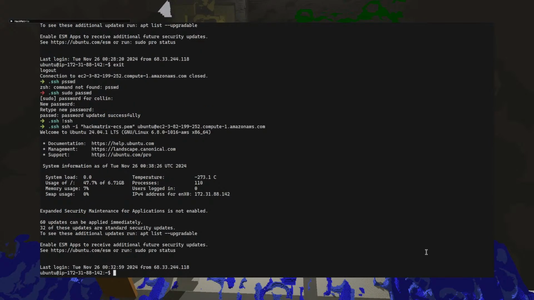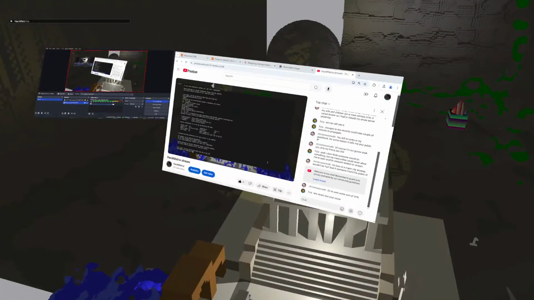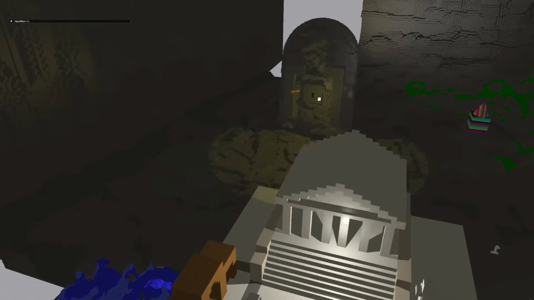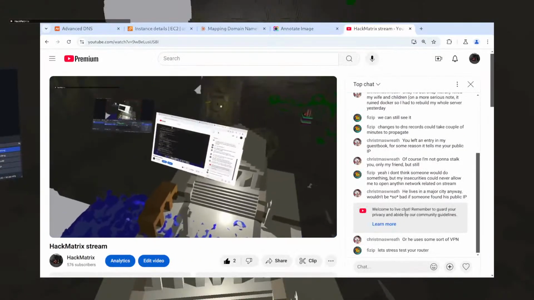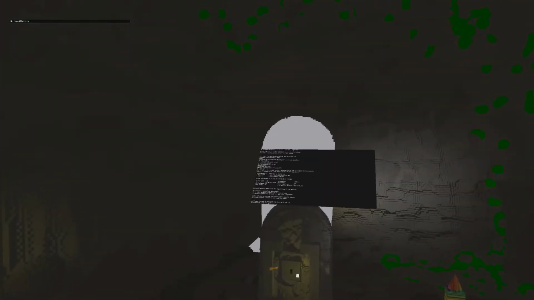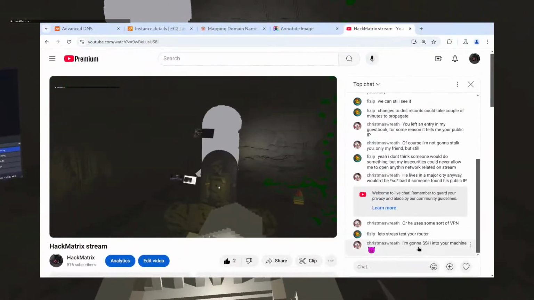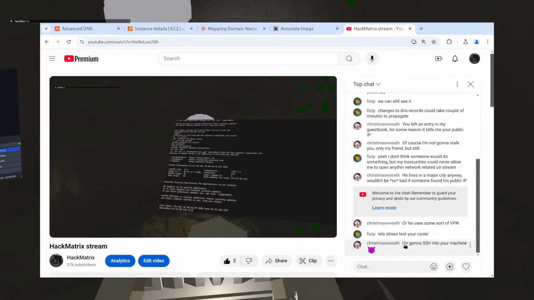Make it a little more secure, huh? I should turn off password SSH. I don't even know if I have an SSH daemon on this thing. I guess I could scan ports with nmap, but it's whatever. Yeah, SSH into my machine.